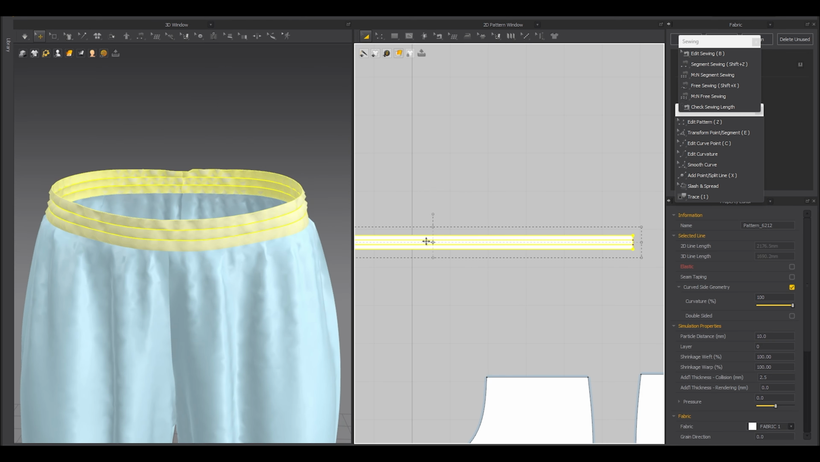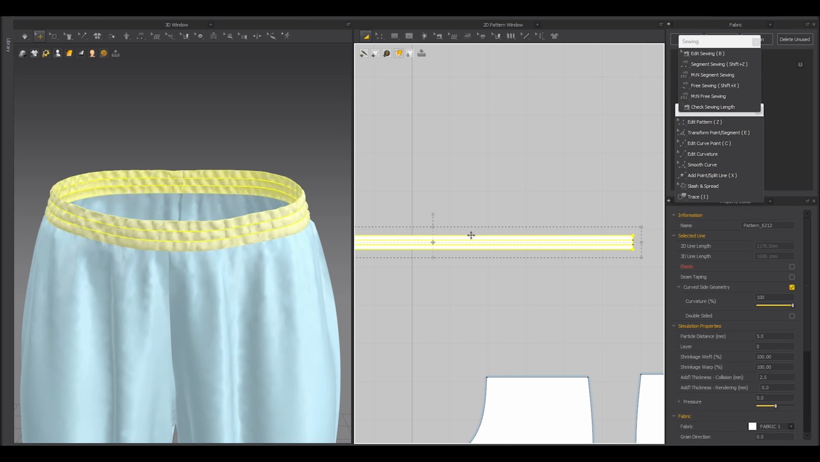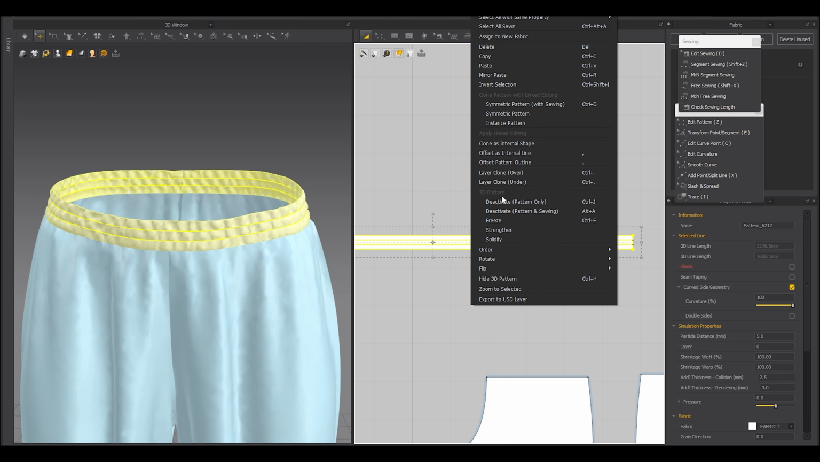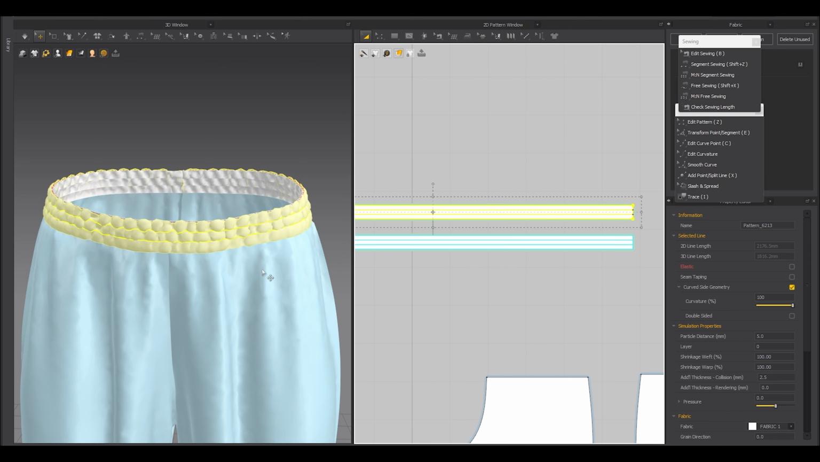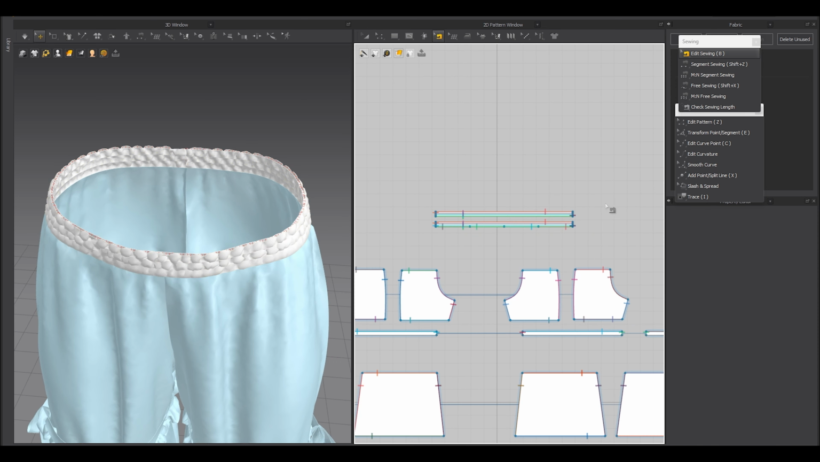Now if you want more of that feel, just make sure to reduce particle distance. It will be much nicer. Now to make it even nicer, just right click and find layer clone over. Now right click again and then remove linked editing, delete the sewing,